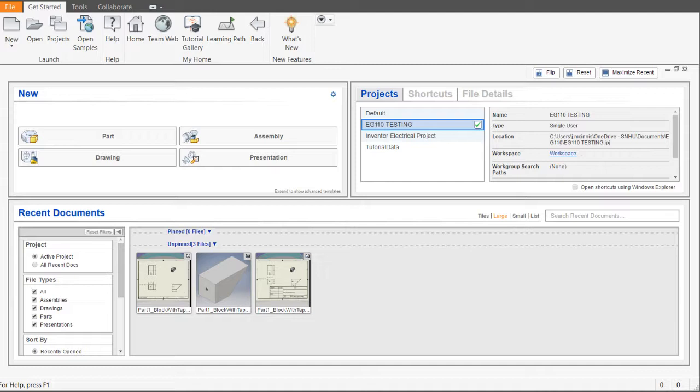In this video, I will show you the basics of getting into part files, drawing files, and then how to start your tutorial. There is a ton of built-in tutorial goodness in this Inventor software. This is a free for educational purposes software, so they are definitely trying to help make it easy to learn